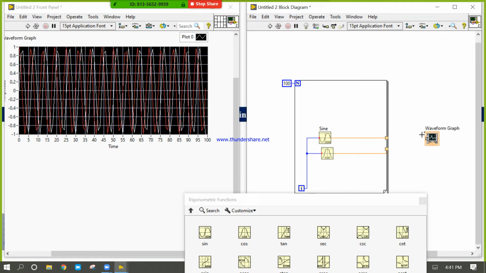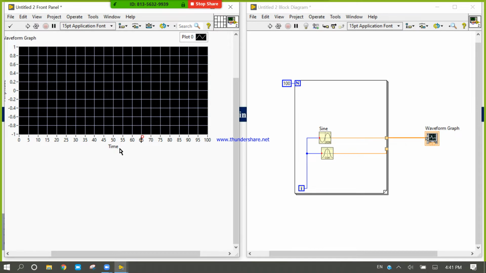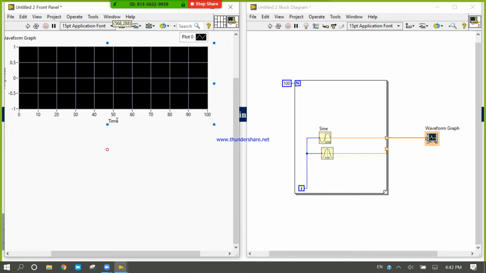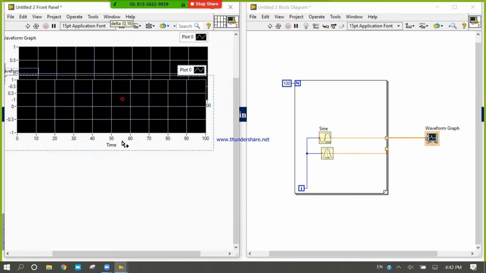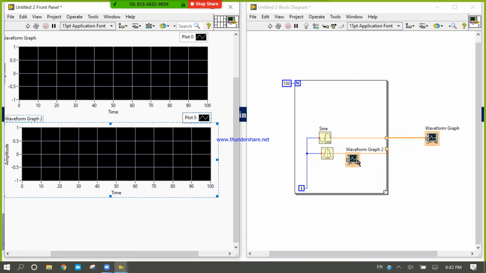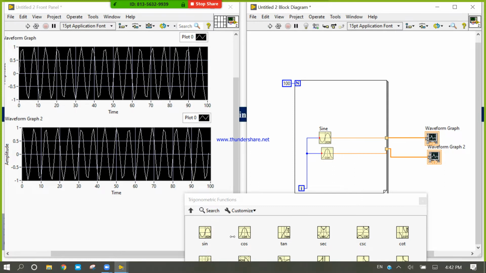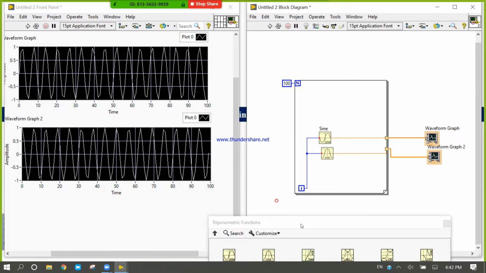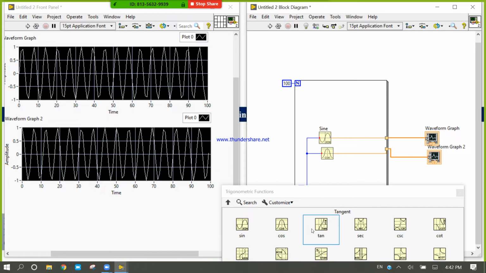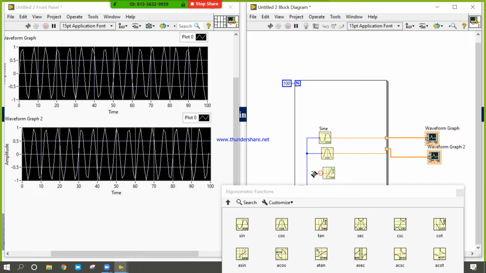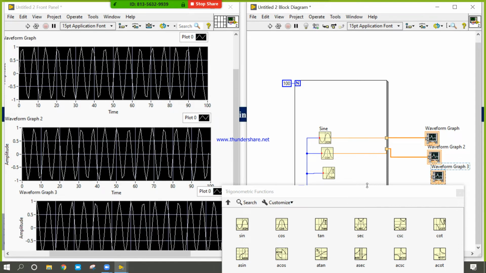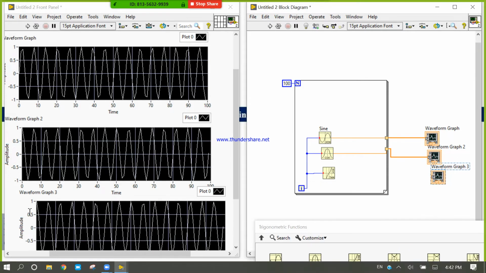Control B, take individually, copy paste, run. One is sine and one is cosine. Now there is 10. So now make a duplicate.